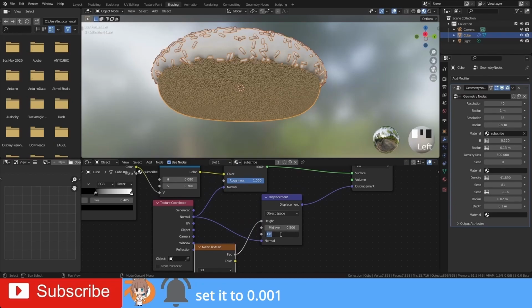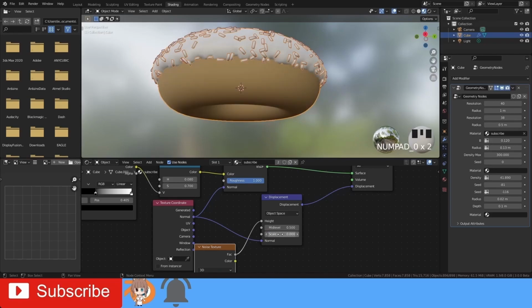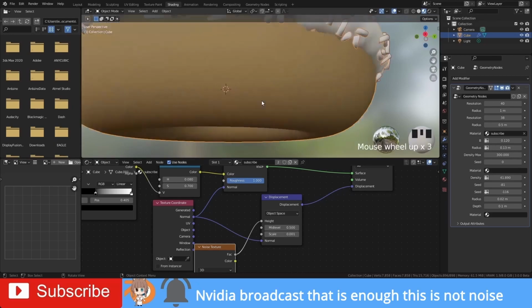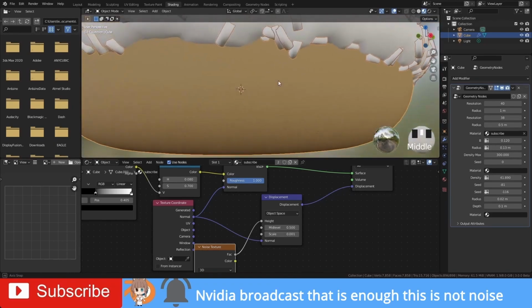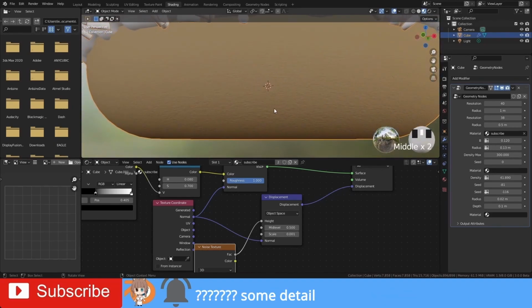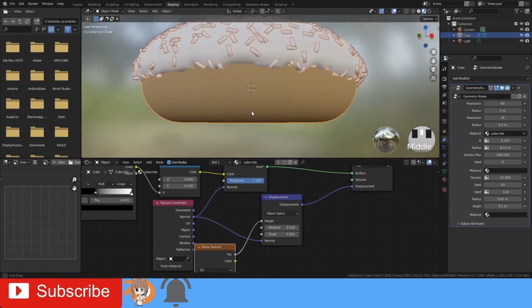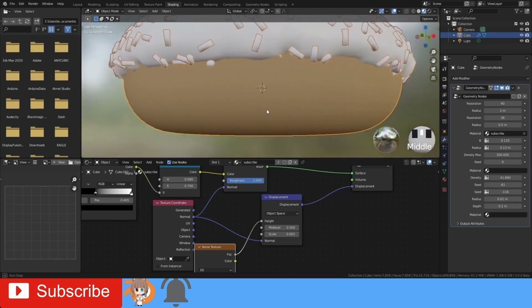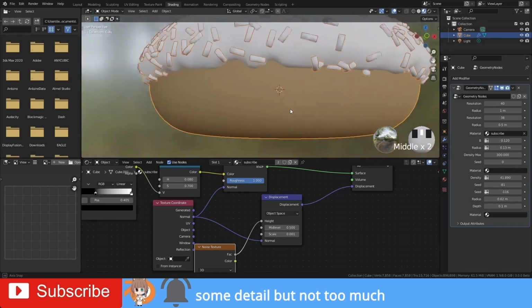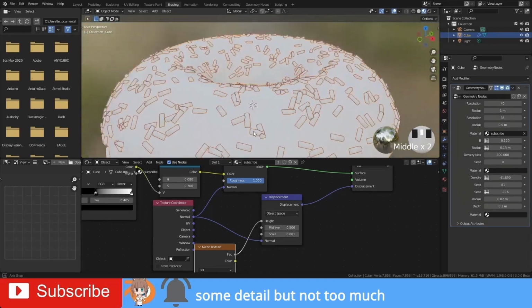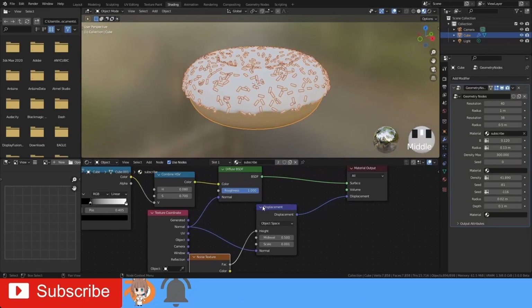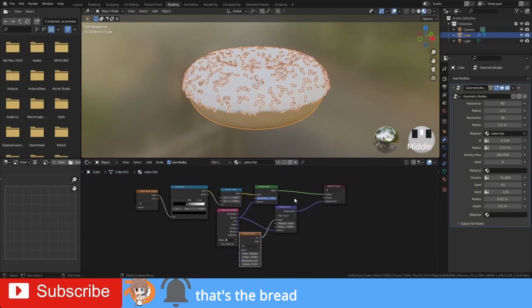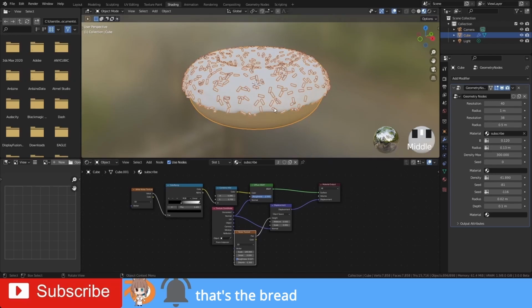Let's go to 0.01, it's one. You see some subtle detail, but not too much. This will be the red.